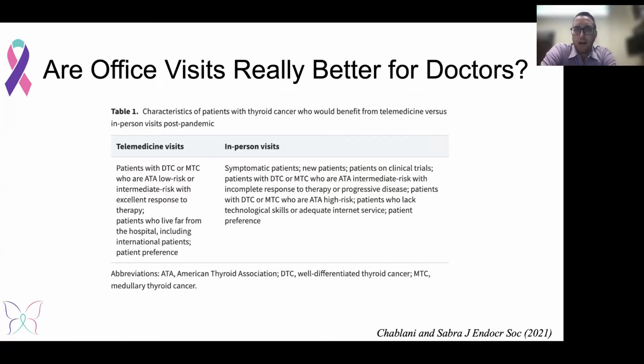So that was cancer patients in general. I think it was actually specifically radiation oncology visits that I just showed, which is my specialty. So kind of frame it in that way. But